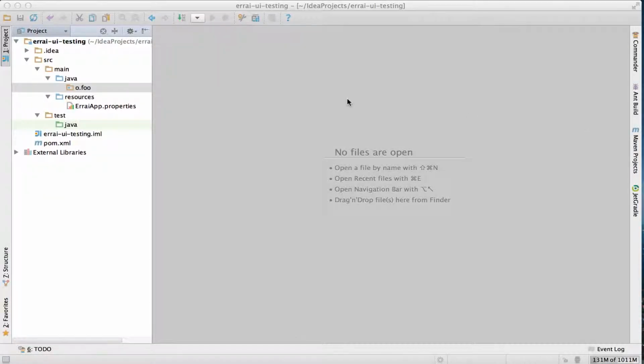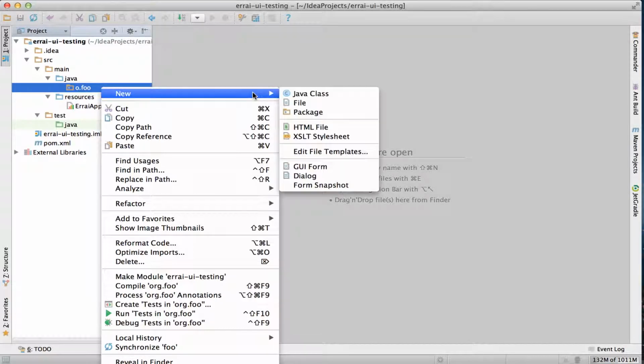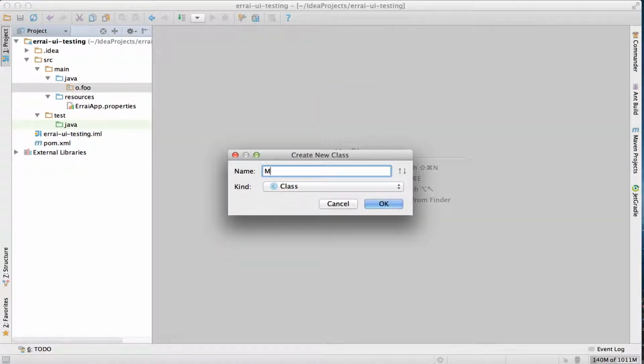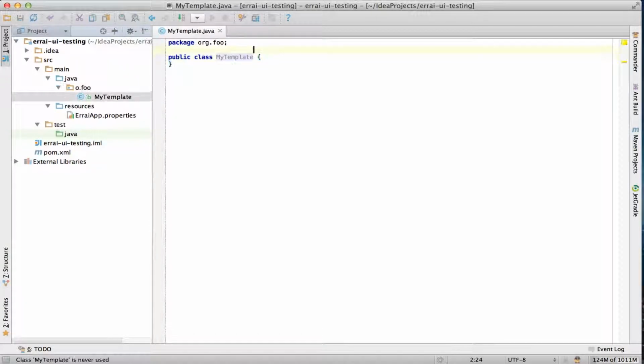Alright, let's take a look at this new IntelliJ tooling for Errai. I'm going to start off by creating a new Errai UI template class, which I'll simply call my template. Now, all Errai UI template classes need to have the templated annotation on them, so we'll go ahead and add